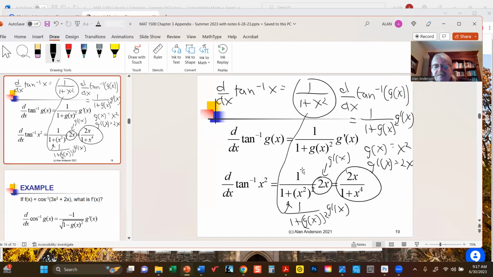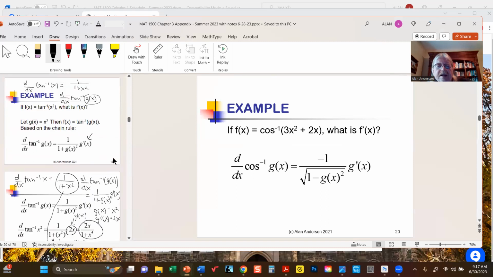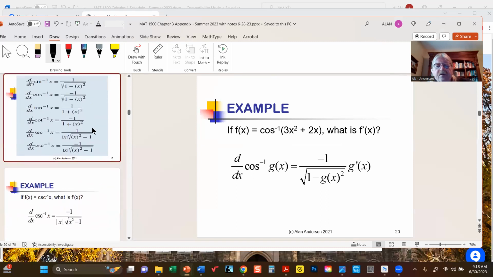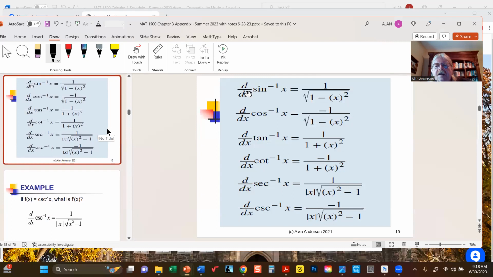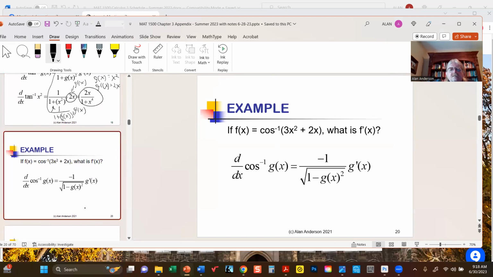All right, anyway, what about this next one? The arc cosine of 3x squared plus 2x. Well, let's again go back to our table and look at the derivative of the arc cosine. That's -1 over 1 minus x squared. So that means that based on the chain rule,